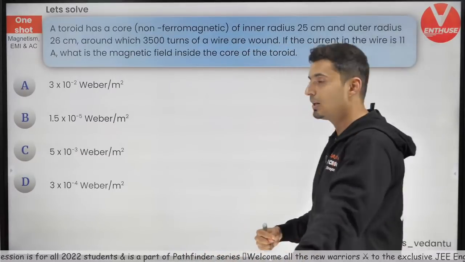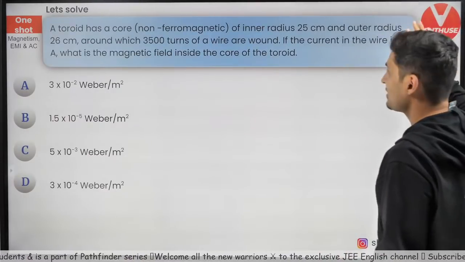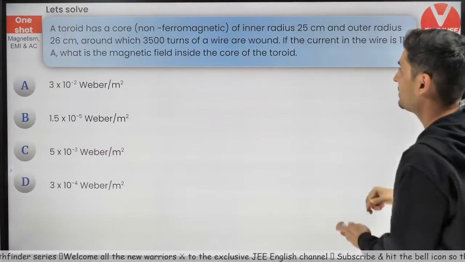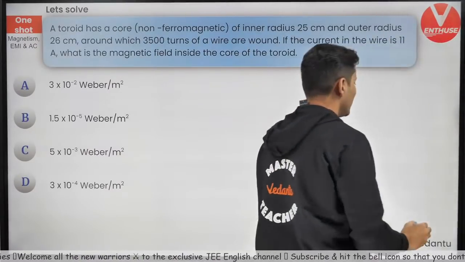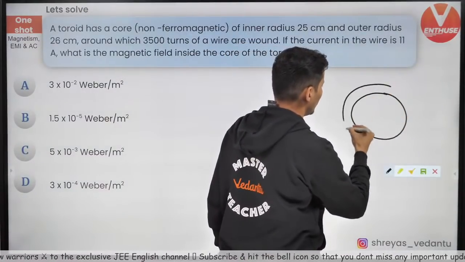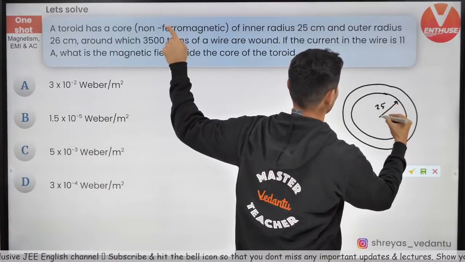One examination of 12 boards. The toroid has a core, inner radius this much, outer radius this much, these many turns. The current is also given. What is the field in the core of the toroid? So basically, you have a toroid like this. This is 25. This is